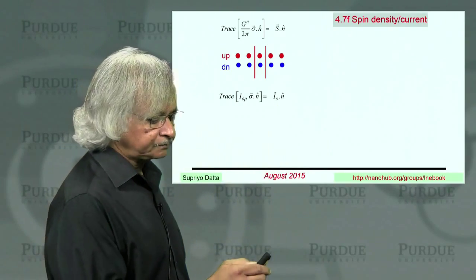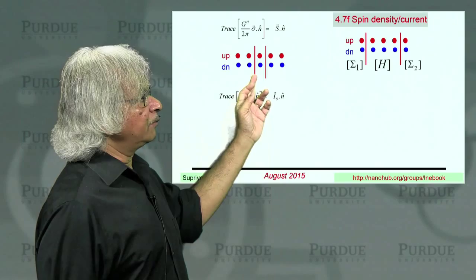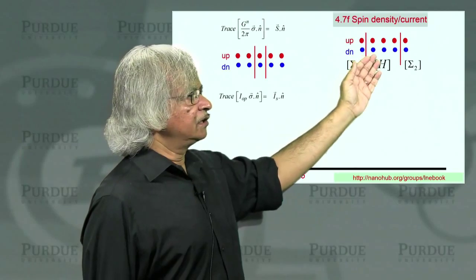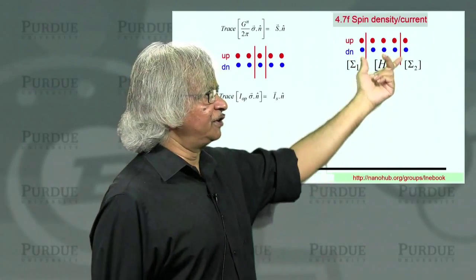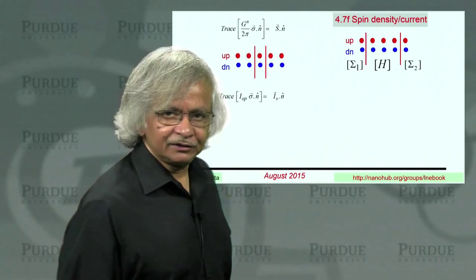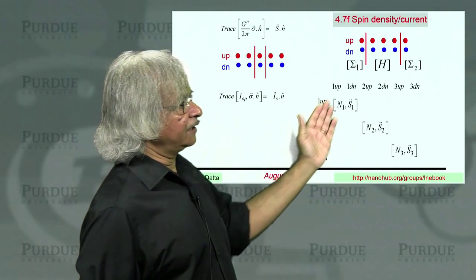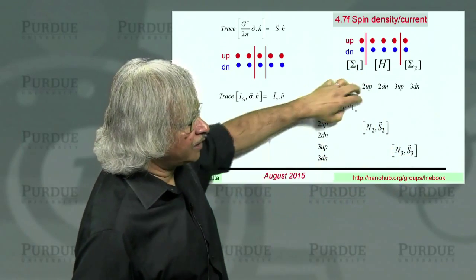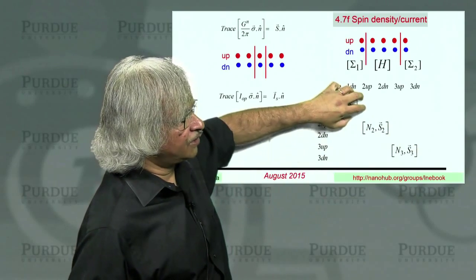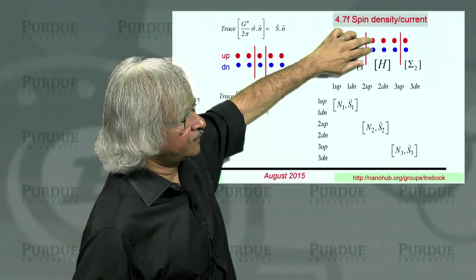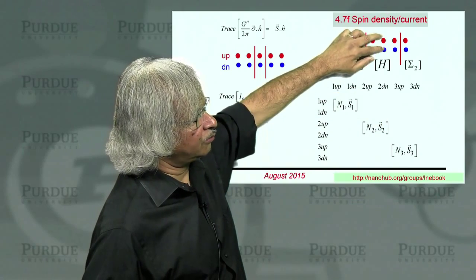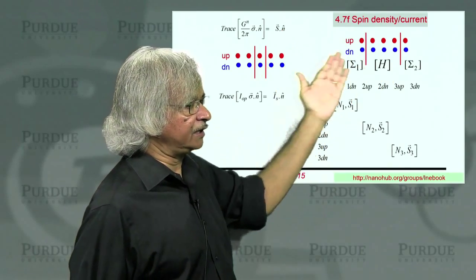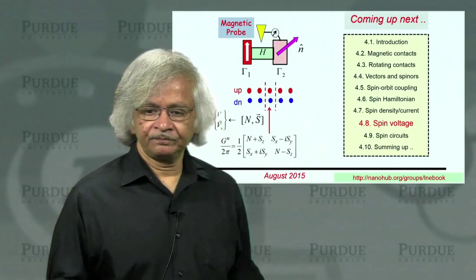So that's this vector. Now, here we said that this is a 2 by 2 matrix. If you look at this one point, in general, a device might have many more points. I've shown 3 here. It might have 20 points or so. But then the way you should look at it is, if you looked at the Gn matrix here, it would be like a 6 by 6. But what you're looking at is the diagonal blocks. So this first block tells you the n and s here at this point. N2, S2 tell you what it is here. N3, S3 tells you what it is there, and so on. So you can calculate it anywhere inside your device.